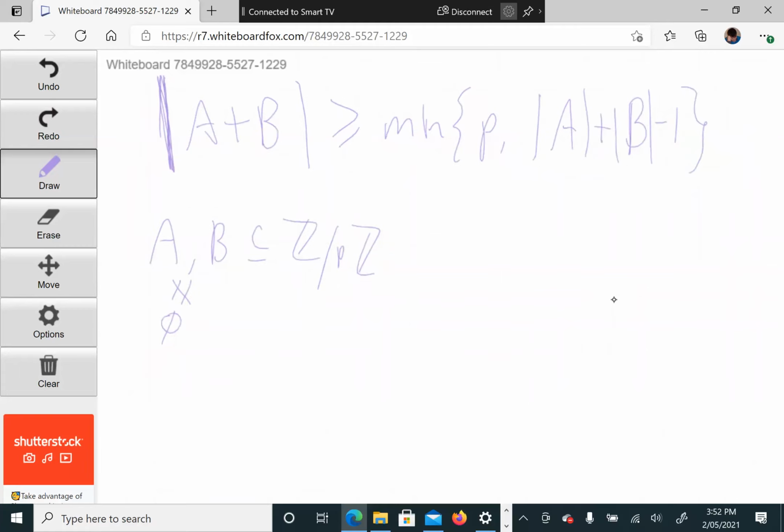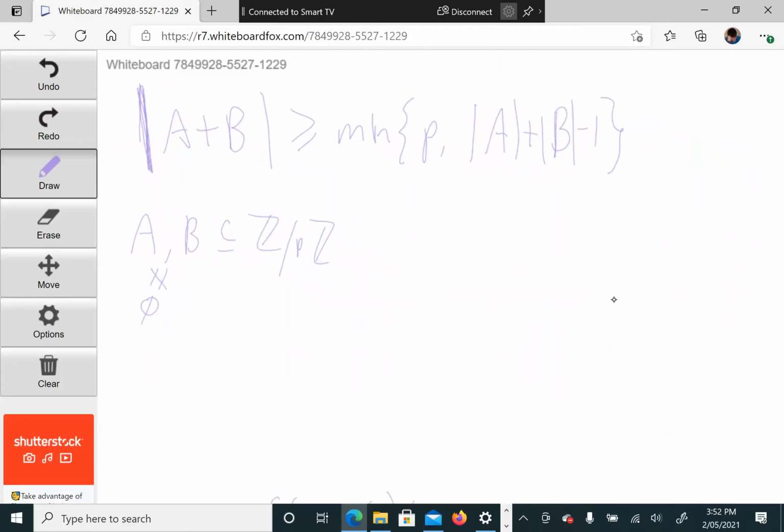All right. So the first part of it, I guess, is to eliminate the min thing. Okay, min max. So what is the claim? The claim is if the size of A and the size of B minus 1 is less than or equal to P, then it's right. Or if it's bigger than or equal to P, then it's just P because